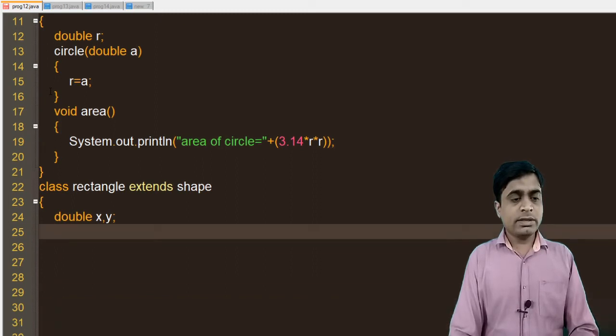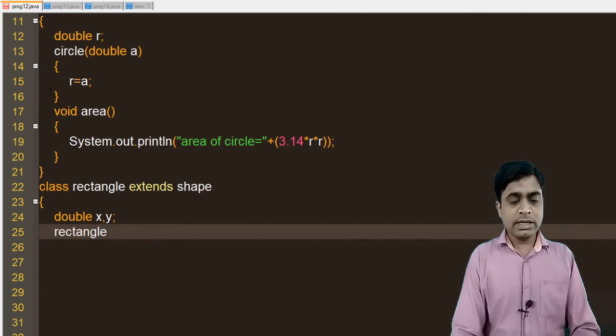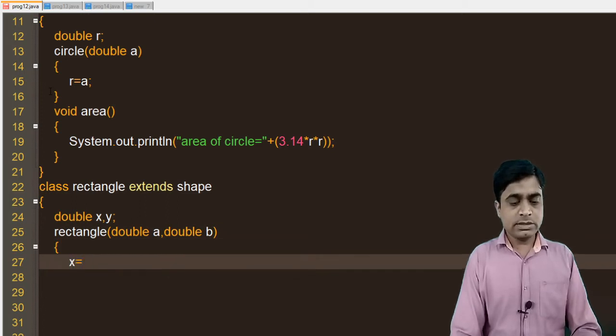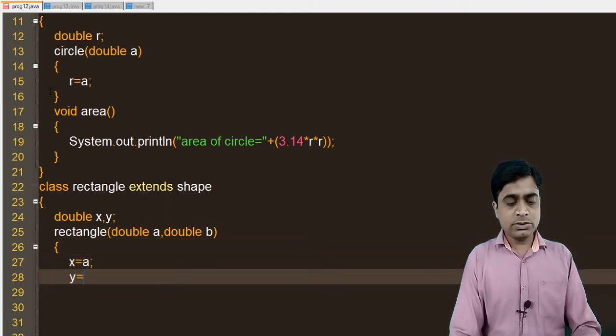I am creating a Rectangle parameterized constructor, with double a comma double b. I am assigning x equals a and y equals b,